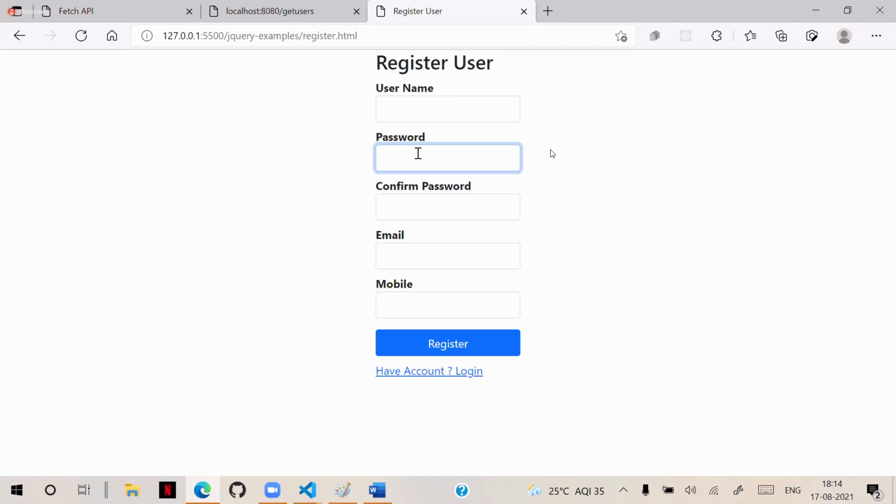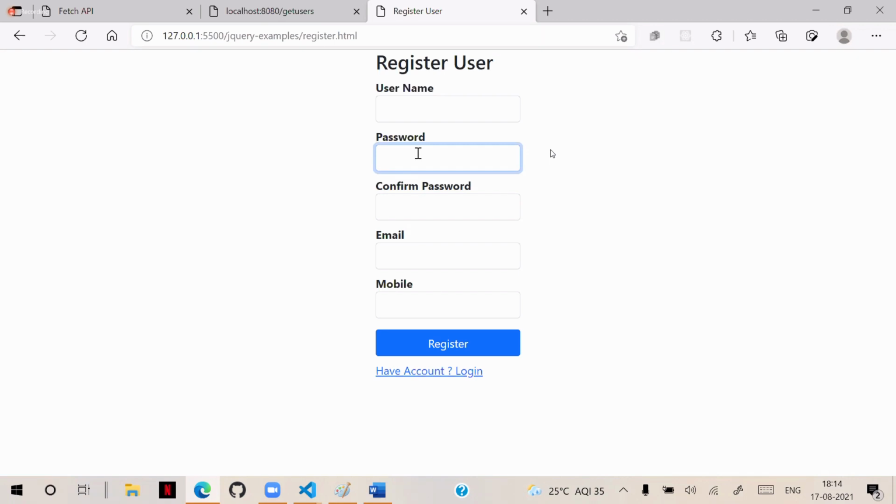While typing itself, it should verify whether it is matching or not. If it is matching, that is fine. If it is not matching, it should show a message saying that it is not a valid password. So we need to handle that.